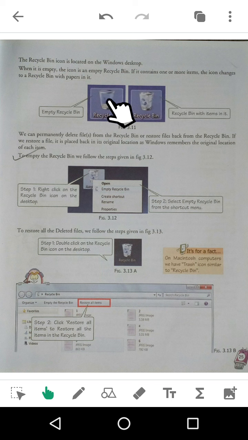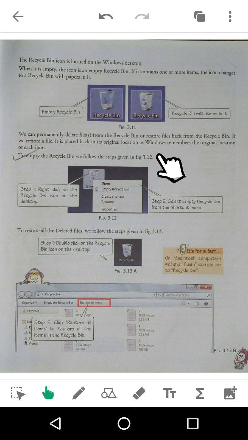So if the icon is empty, there are no files inside the recycle bin, but if white paper trash appears, you will realize there are some files in it.